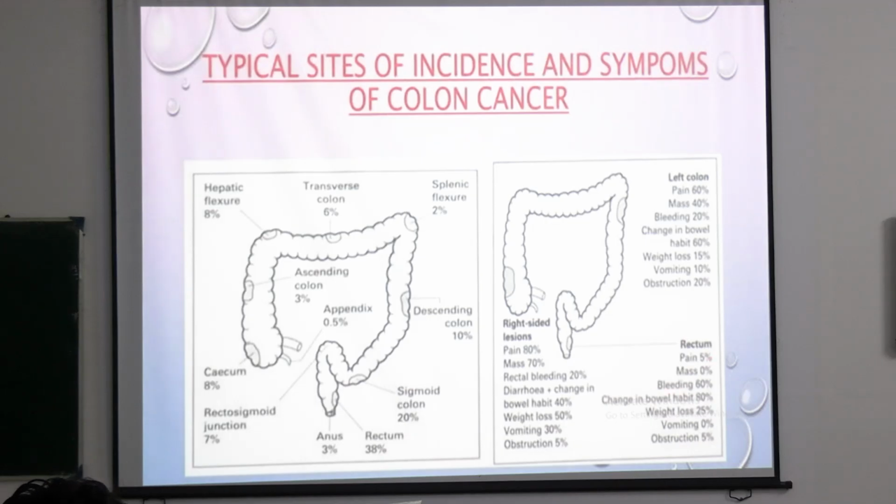Whereas in the rectum, bleeding is the main feature, and in rectum you may or may not get a mass lesion. You will only see loss of rugosity, and when you take sections and examine under the microscope, you will see adenocarcinoma. So, in rectum, mass is not a problem, bleeding is the main problem, and rectal carcinoma is the most common type of large gut carcinoma.